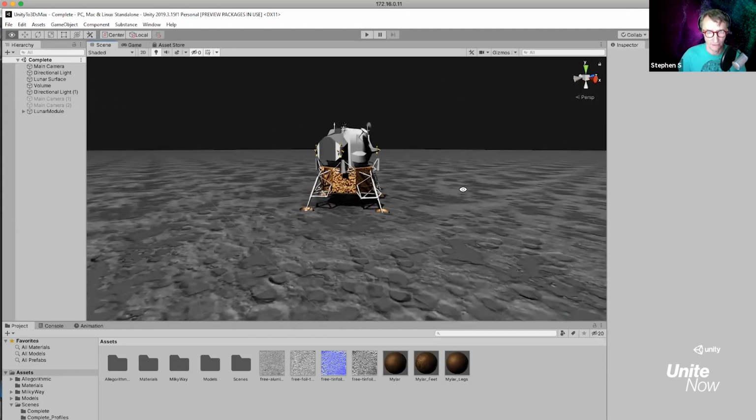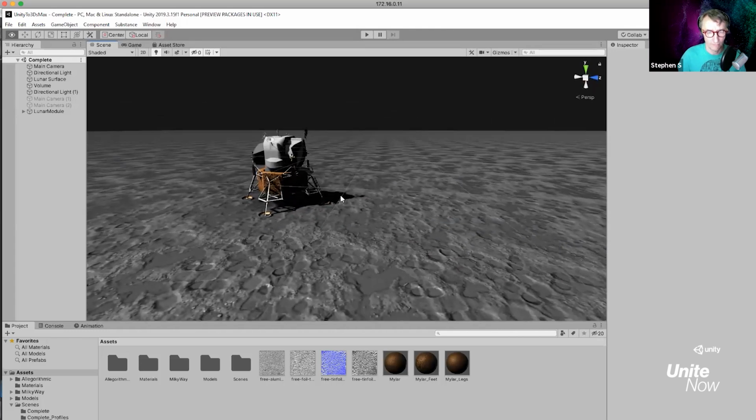There's a lunar lander that you get to play with, and we'll have an additional step where you can use that. But I don't want to make it overly complicated, just to show you the process of moving back and forth to 3ds Max. So instead of using the lunar lander, we're going to end up just making a simple cube that we can go through and modify and move back and forth.